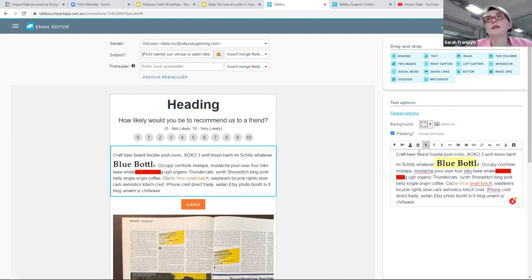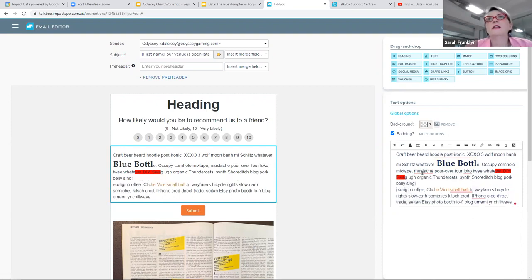And of course, you can use things like bold and the merge fields, and I can add lines and move the alignment and things like that. So play around with it. You can't break it. Remember, it's cloud-based. It's always saving things, but it just gives you an opportunity to have a bit of fun with your communications,